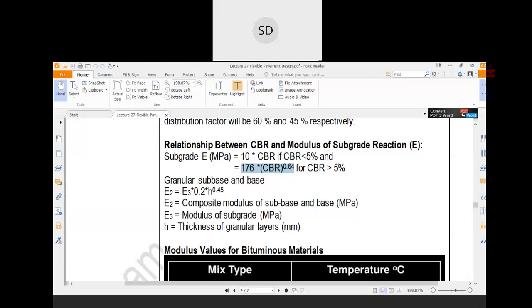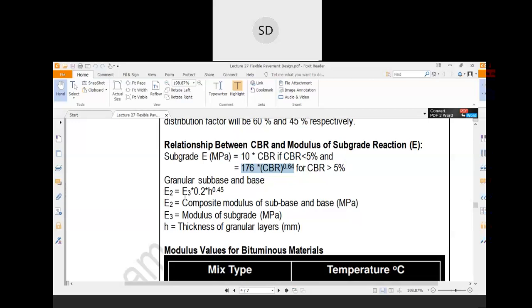Now, why is modulus of subgrade reaction calculated in the indirect way? Why do they not prefer the direct test? Because the modulus of subgrade reaction test is time consuming and takes huge resources, and the CBR test is very much a ready-made test and takes very little time to complete. Therefore, that relationship has been established between the CBR and subgrade reaction.